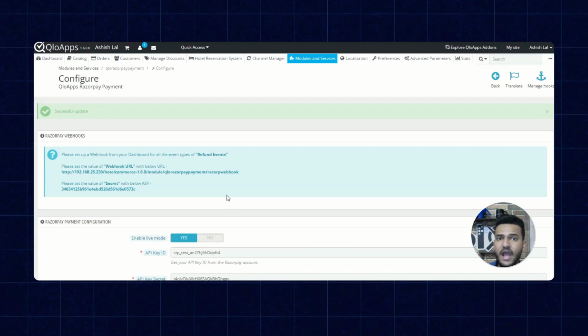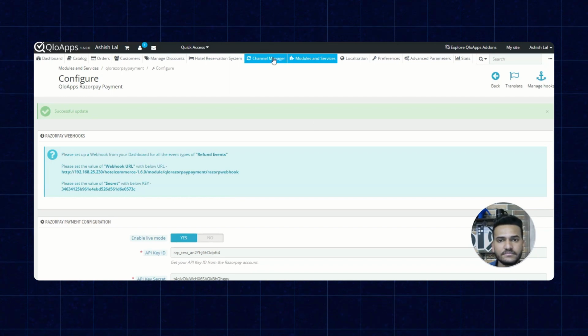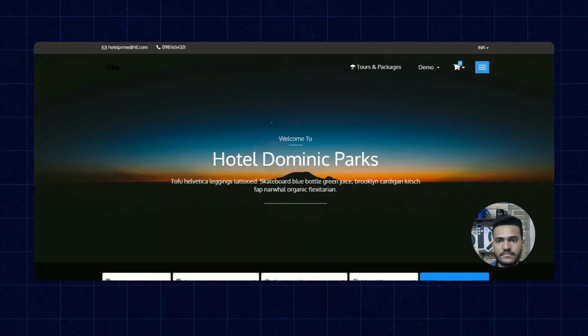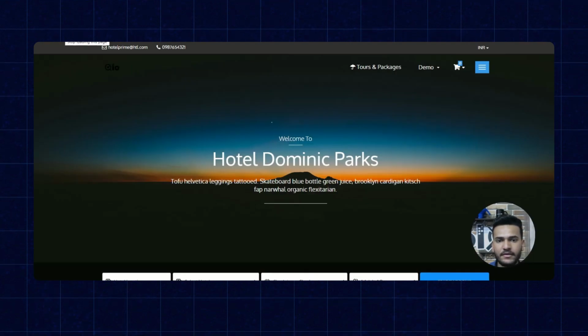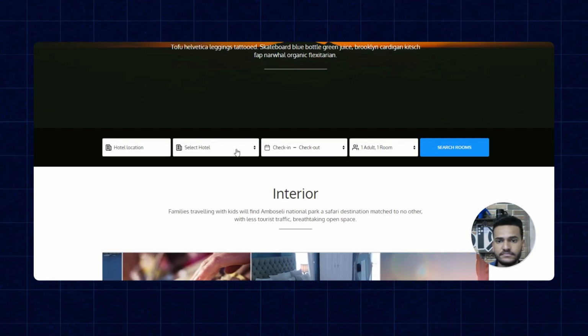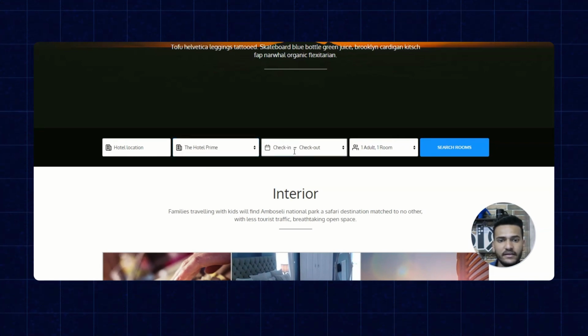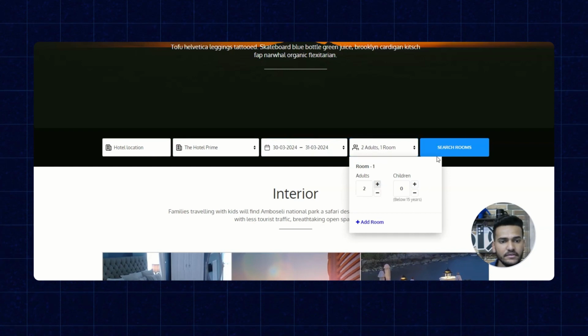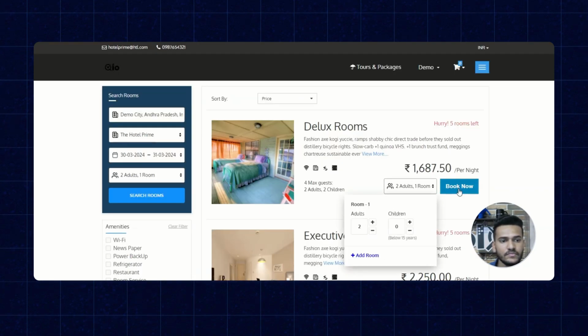Now let's see how this will turn out on the front end of the booking website. So this is our booking website. Now let's try to create a dummy booking and see how the payment gateway will look. Select the hotel, enter any check-in or check-out date. Let's create the booking for the deluxe room.